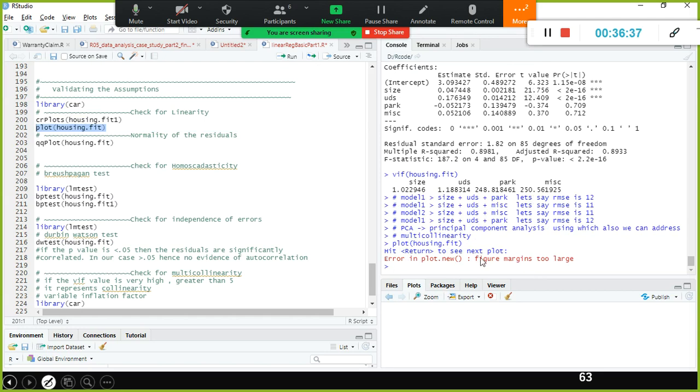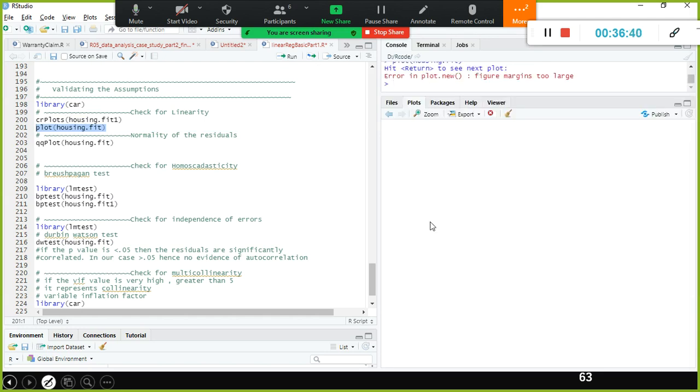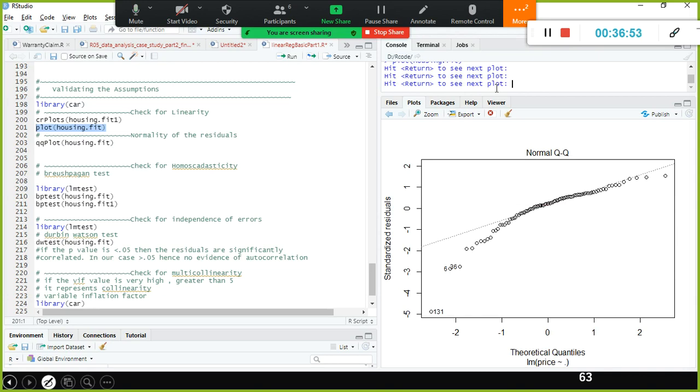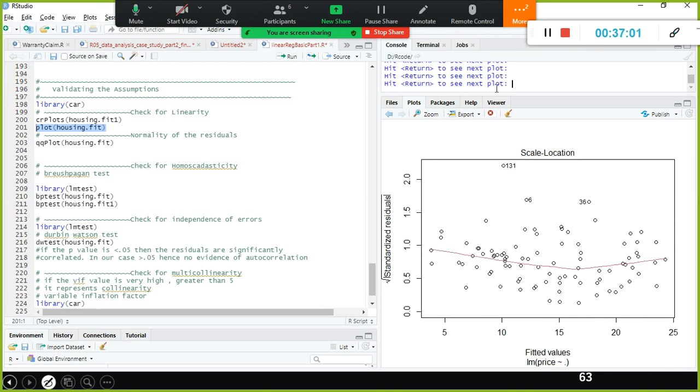If you encounter the error 'figure margins too large', you need to increase the size of the plot window. The next one is residuals versus fitted, and the normal QQ plot. I told you residuals are supposed to be normally distributed. The next one is scale location: standardized residuals versus fitted values.